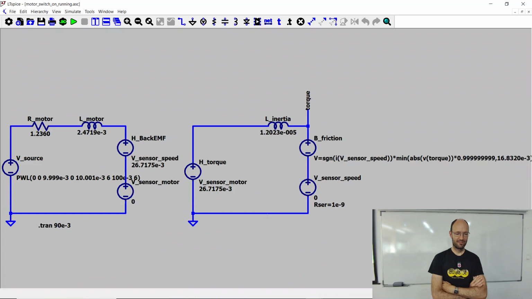And now in this sensing voltage source, I have a very small resistance. So it's not blocked, the motor can run. There is no viscous friction, there is just this constant friction. I think on this side nothing changed. I will just run the simulation for 90 milliseconds, and what we should see is this overshooting effect of the current